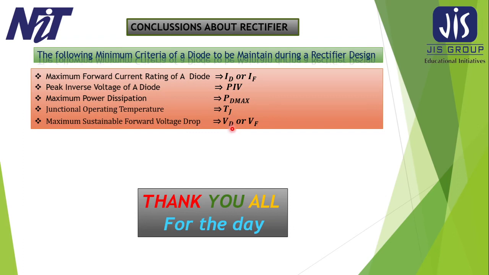In this VD or VF, the VV is already included. It may be possible, suppose your VV is 0.7, but your VD will increase according to the V input, by increasing the input voltage, or decreasing the load value, or increasing the load current. Your VD or VF will be increased from the specified VV voltage. So it should also be maintained very carefully for a diode in long term operation.